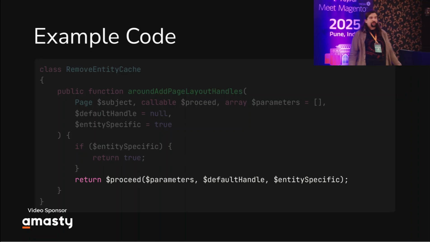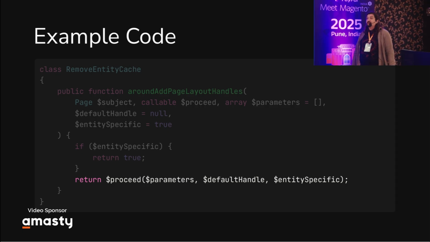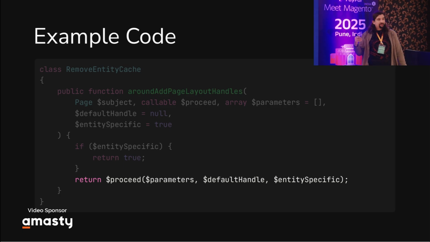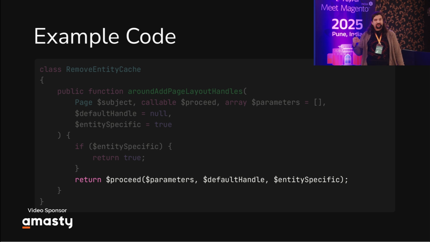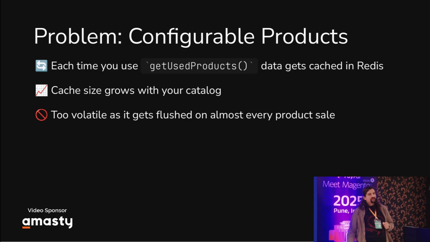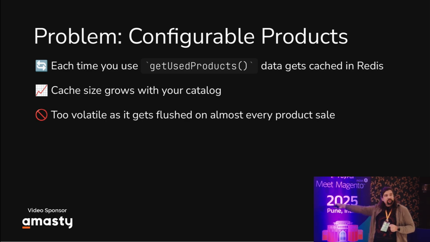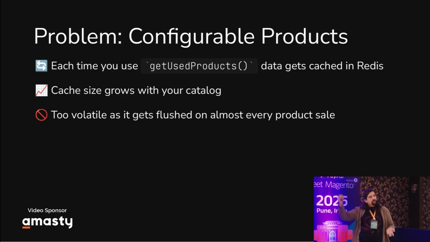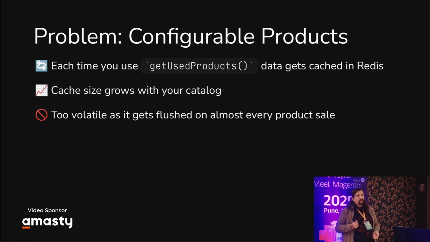Another thing, Magento: if you have a lot of fashion merchants who have a lot of configurable products with a lot of variations, Magento has another cache that is actually hidden. You don't even have it on the list of cache types. It just exists without any cache tag associated with it, so it's only flushed when you flush all on Redis. Each time you use get used products in Magento on the front end, Magento will store the whole result of this collection in products. The whole list of all simple products is going to be in that cache entry. And it means you will have at least 1 megabyte, 2 megabytes per product stored in Redis.